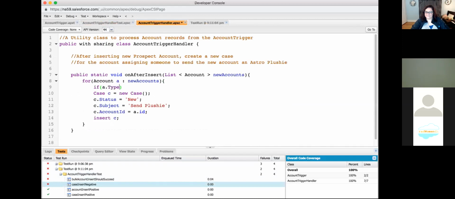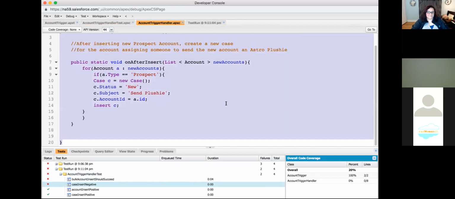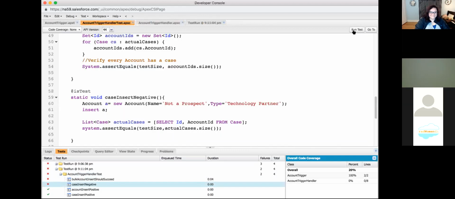I'm like, oh right, this should only happen when my type of account is prospect, because that was the requirement that was given to me, and that's the test that I set out for myself. And we can start to do, bit by bit, improving and refactoring this code. One of my favorites, Shift-Tab will reformat my code if I feel lazy and don't want to do it myself. And then the final